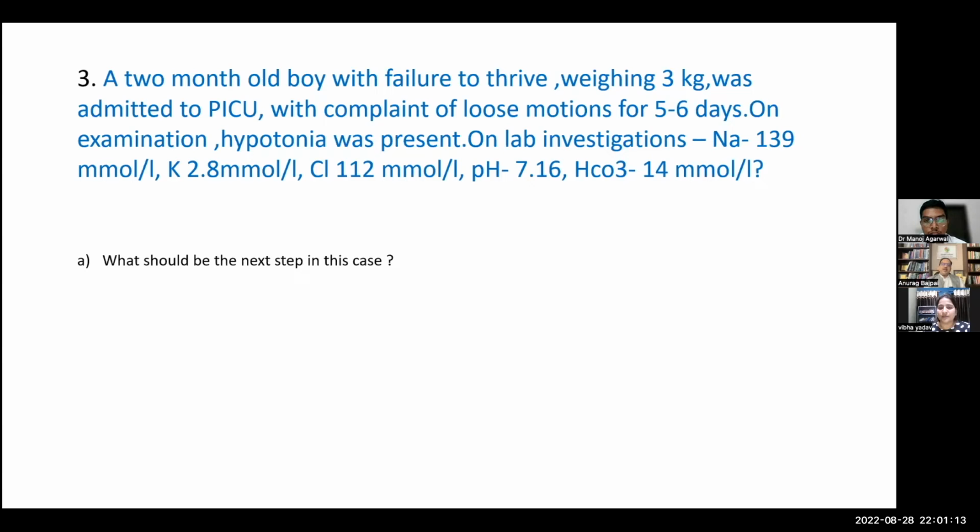So it's sodium minus chloride minus bicarbonate. So that will be 139 minus 126. Around that, 12, will be 13. So 13 will be, Dr. Manoj, normal or low or high? Sir, 13 will be the normal for this patient.